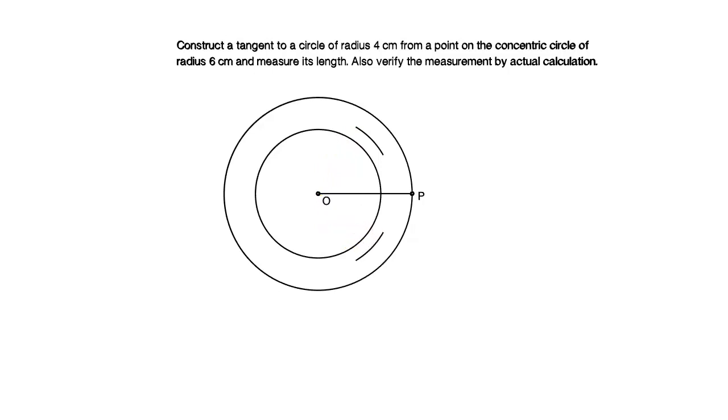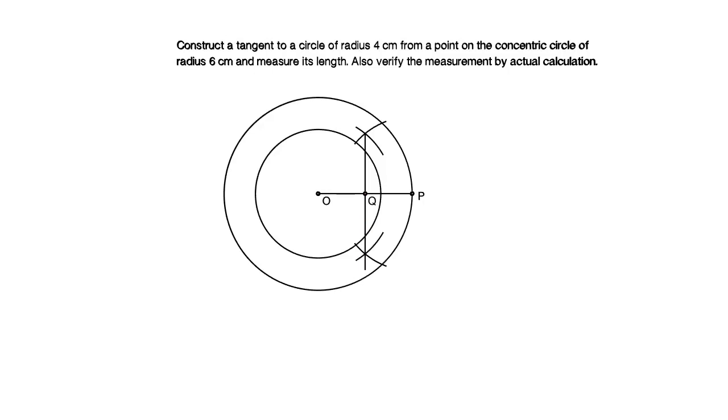Now without altering the distance in your compass, keep your compass at point P and draw an arc, one above the line OP and one below the line OP, and these arcs should be intersecting with the previous arcs that you have drawn here. Now join the intersection points of these two arcs. So let us join this point and this point to get a line, and that line will be dividing the line OP into two equal halves. Now let us name this intersection point or the midpoint as Q.